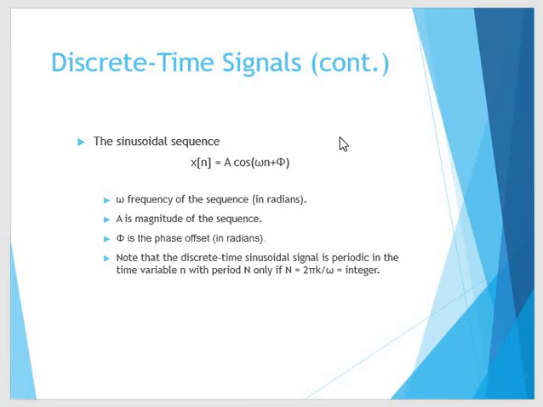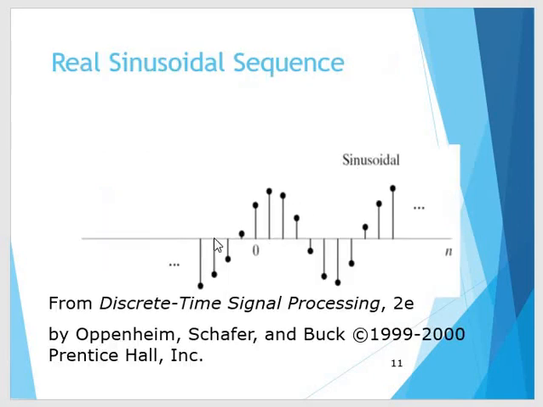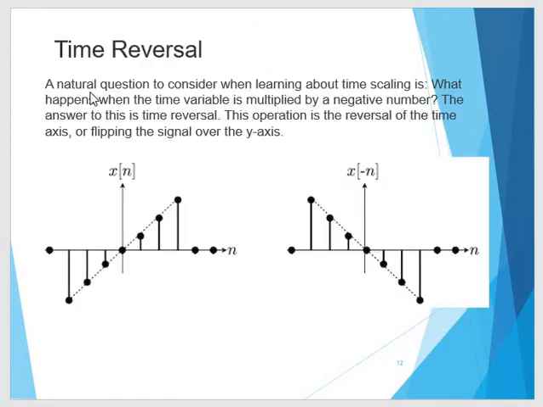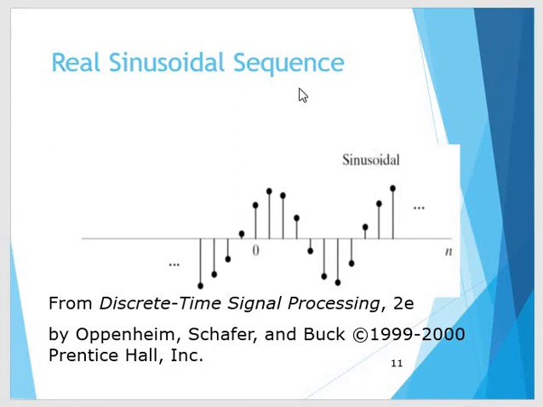Generally both signals are termed sinusoidal signals. The only difference is that the cosinusoidal signal starts from a 90 degree phase shift of the sinusoidal signal. This is a cosinusoidal signal. Look at this, it is starting from here. If it is a sinusoidal signal, it should start from 0. If cosinusoidal, from a 90 degree phase shift. So these are the basic signals you should understand, and for today this is enough.